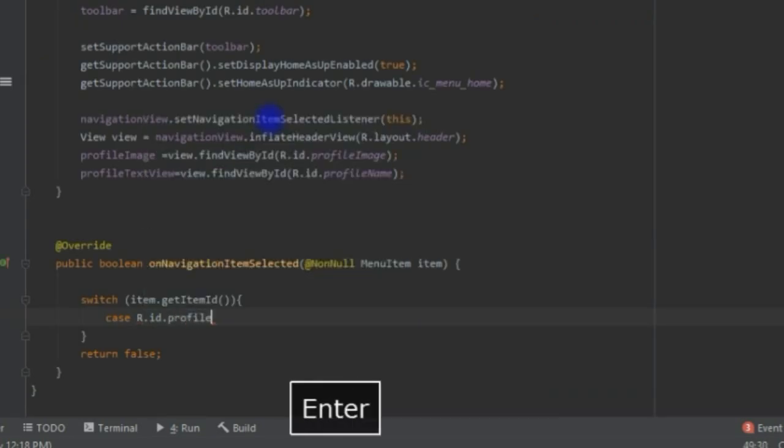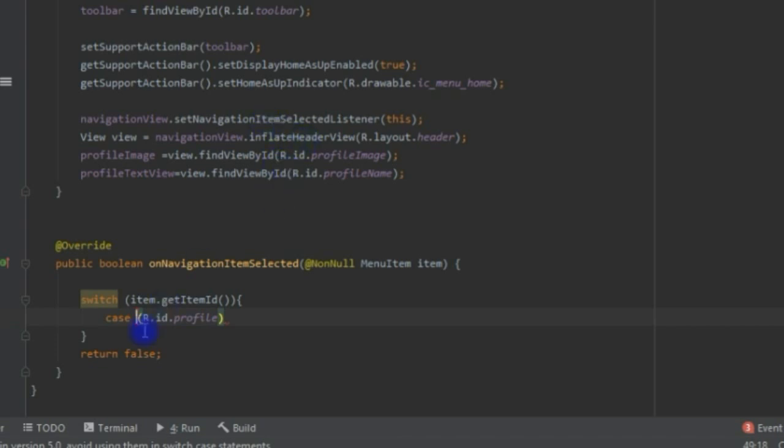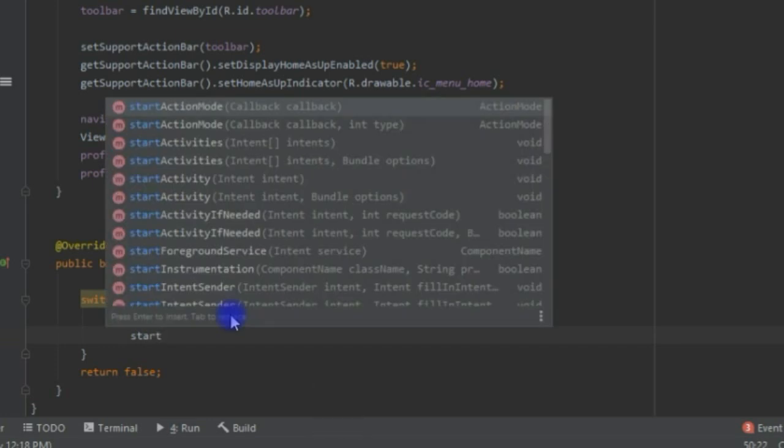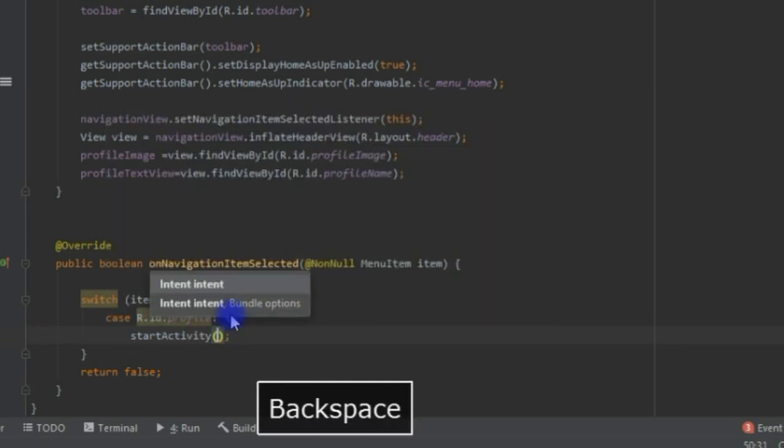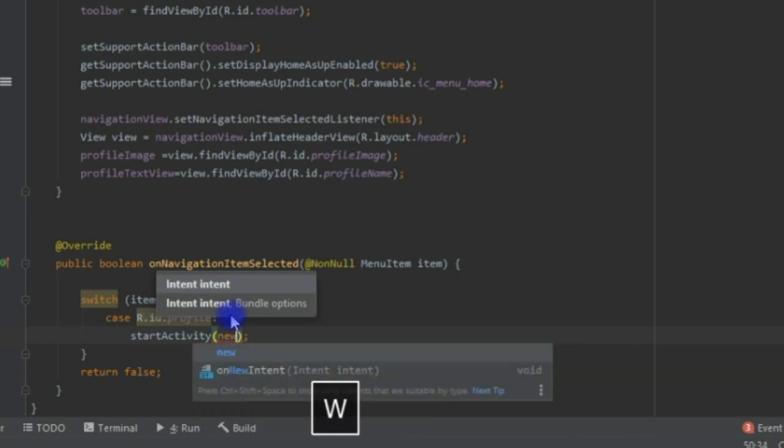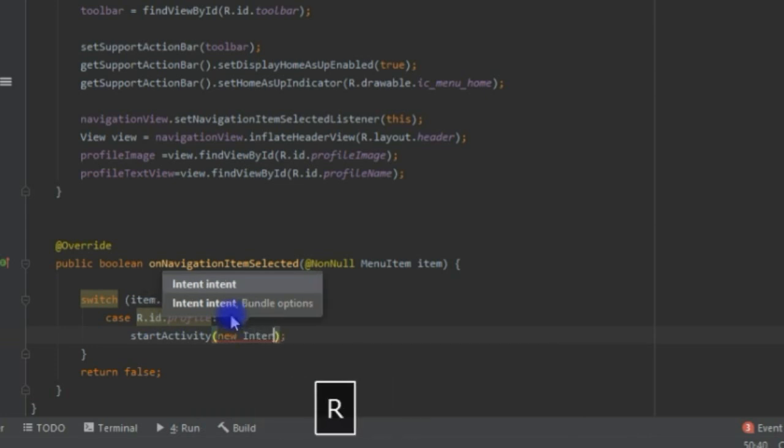Okay, so it's very simple. Then I'll say dot, sorry, okay, so now it's fine. Then inside this I'll start the activity. For example, if you want to call another activity, you say new intent, then you get the application context,